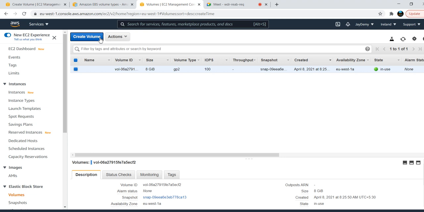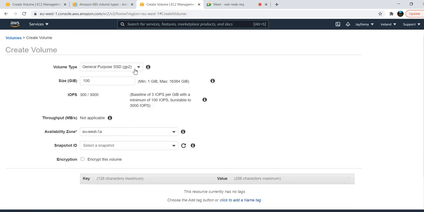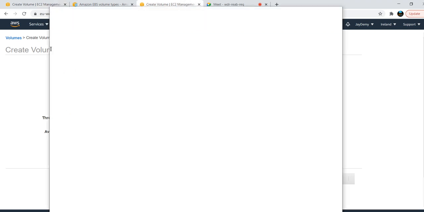Okay, create volume. I'll go with general purpose only. I will use only 2 GB, and my baseline will be the same 100 IOPS.